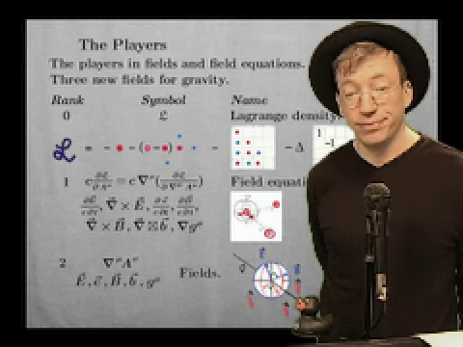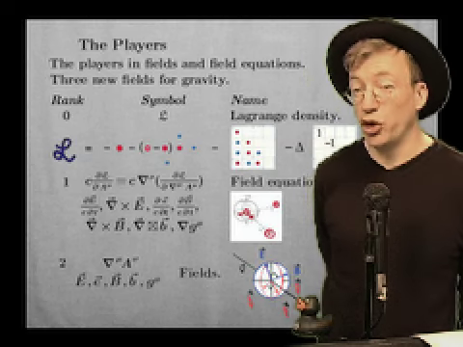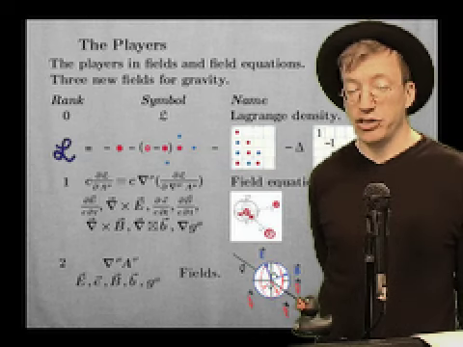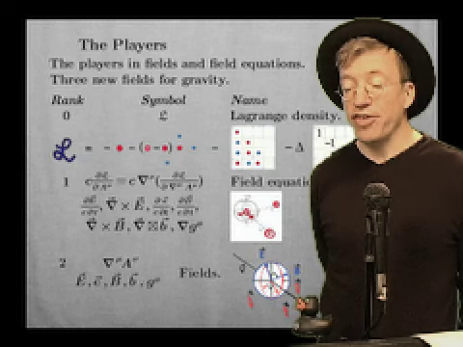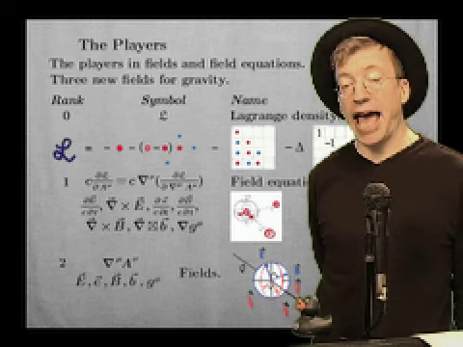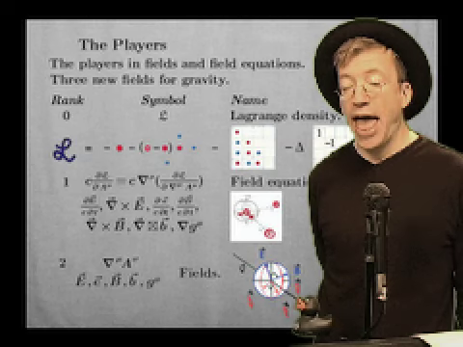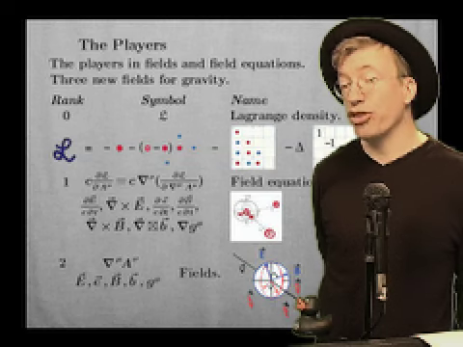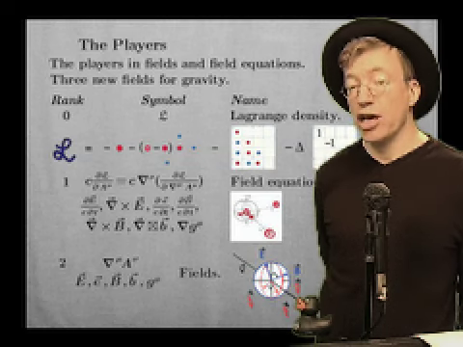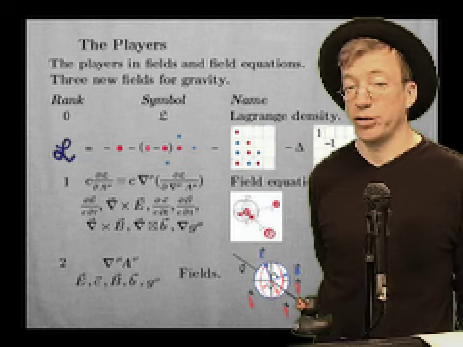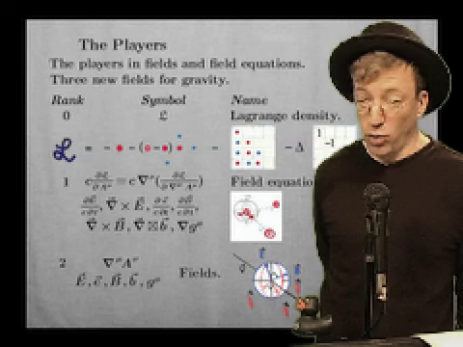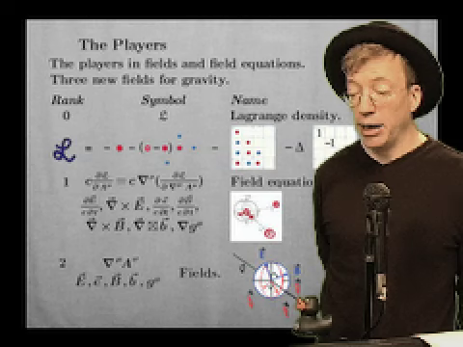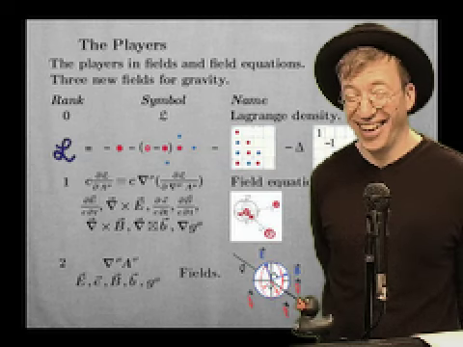Then there are the fields. Fields are rank 2. They are the changes in the potential. The stuff that makes up electromagnetism is the antisymmetric tensor. And so that is the deviance. And I am going to introduce actually 3 new fields to try and explain how gravity works. And this really is my own work, and you can't find it in any book. It's not published yet. Could be wrong. I hope not.